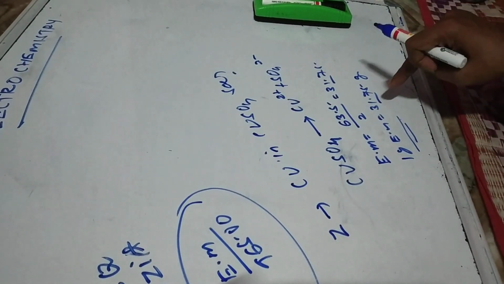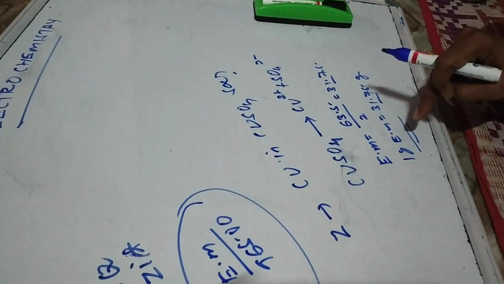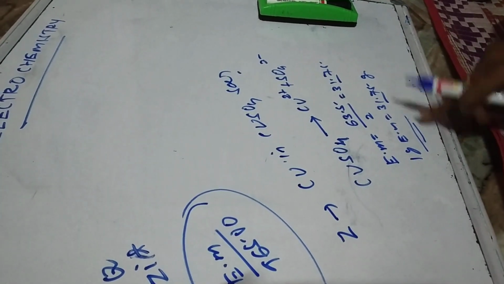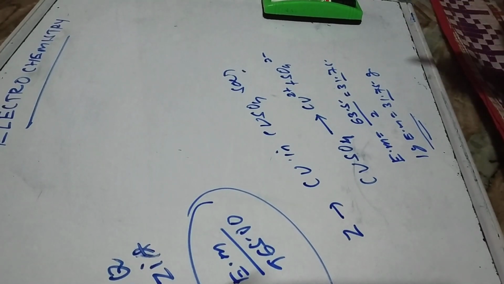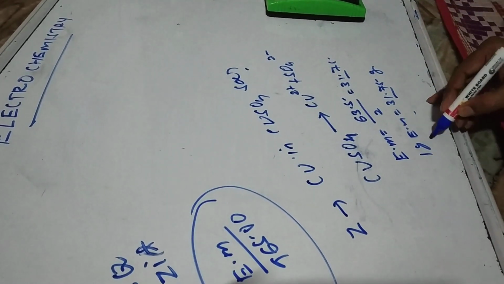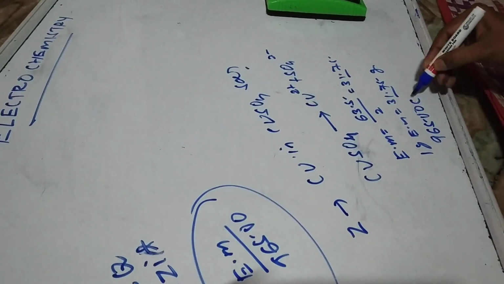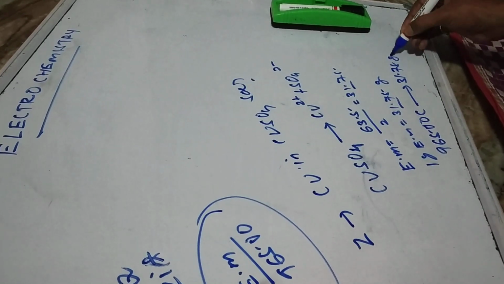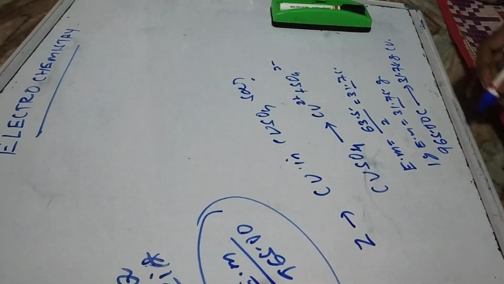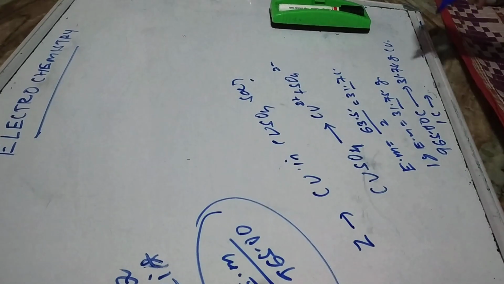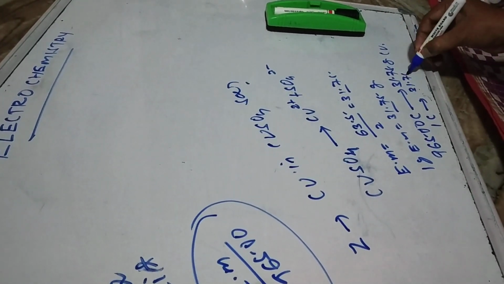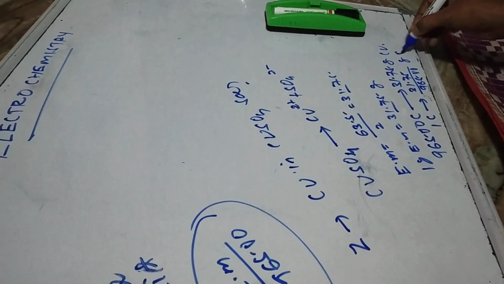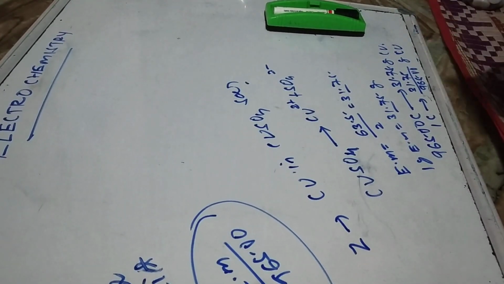Now I want to find out what will be the Z, or electrochemical equivalent, of it. Now I told if I pass 1 Faraday charge, that is your 96500 coulomb charge, then the amount of copper deposited is 31.75 gram. So this is the amount of copper deposited. So if I pass 1 coulomb charge, then the amount of copper deposited is 31.75 by 96500 gram of copper. So this is the gram of copper deposited for 1 coulomb charge.